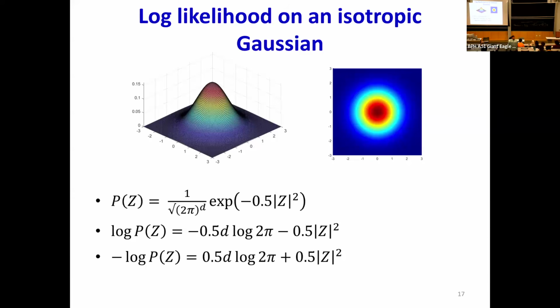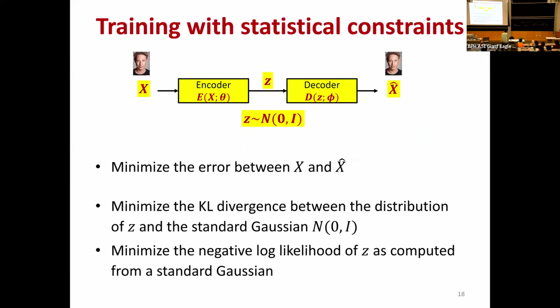We said that of all convex functions, it's the nicest, because it's got just the right properties. And so there's a mathematical advantage to having Gaussians as well. Here's what I'm going to say: my encoder and decoder must be such that they reconstruct the input. But on top of that, I'm going to impose the constraint that the variable z that connects the encoder to the decoder is a Gaussian.